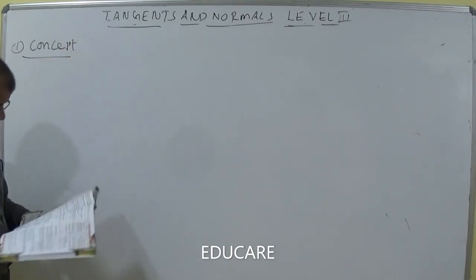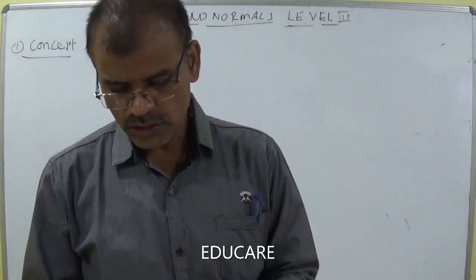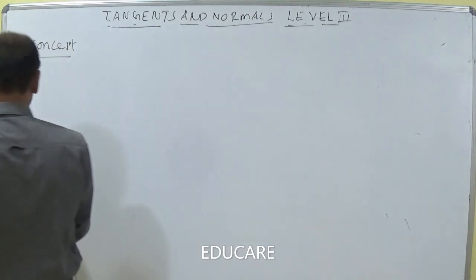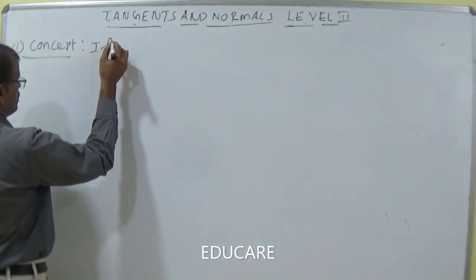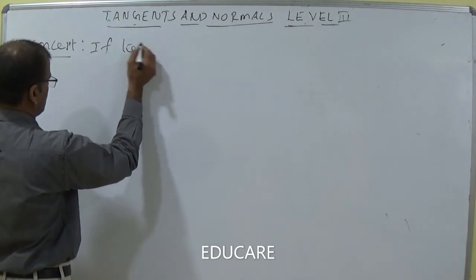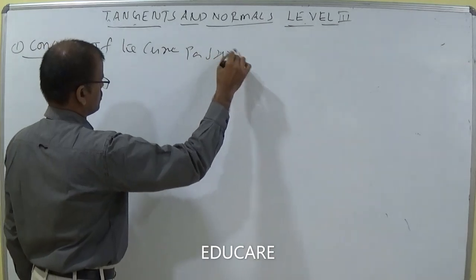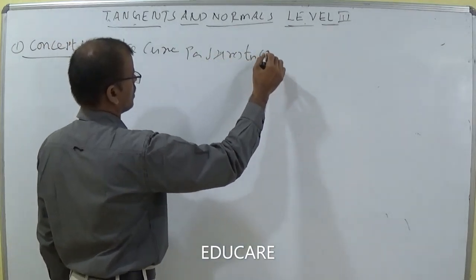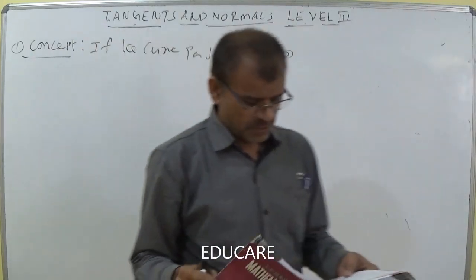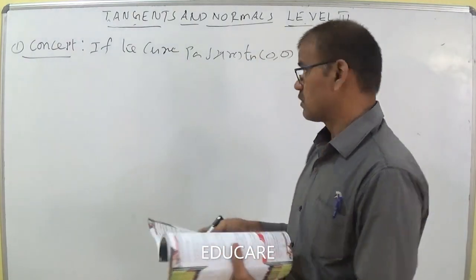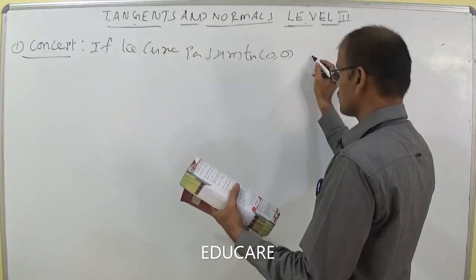For the first question in level 3, I am writing some concept. What is the concept? Read the question carefully. The equation of the tangents at the origin to the curve. If the curve passes through the origin, this is the concept. Remember it as a formula also. If any given curve is passing through the origin, then what is he asking? The equation of tangents at the origin to the curve. If the curve passes through the origin, to get tangents,